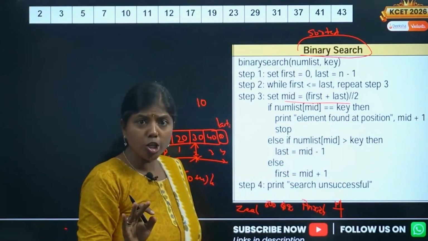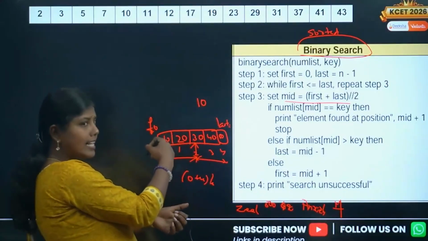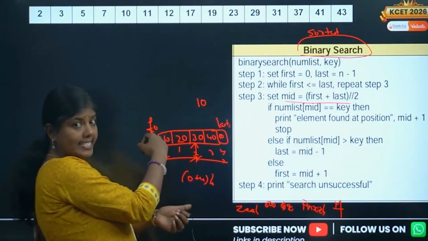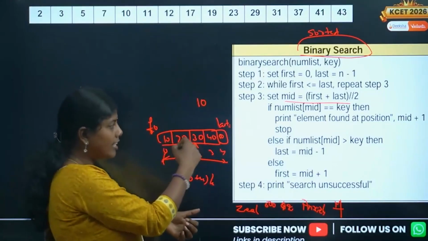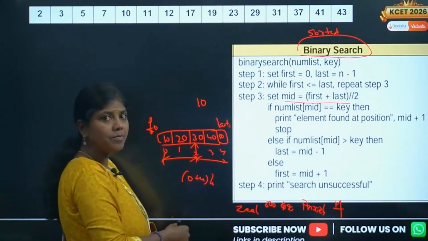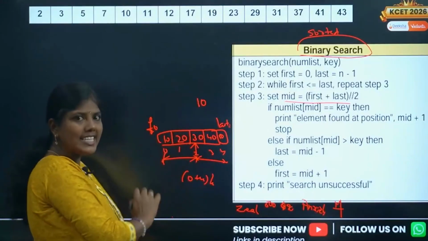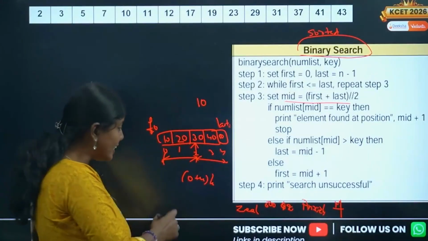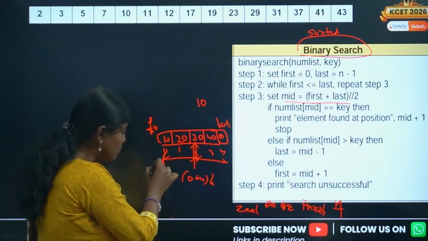What if it is not true? Either the key is less than the mid value, like 10, or it can be greater than the mid value. What if it is less than L of mid? That means I have to change this part. The beginning, first, is fixed.